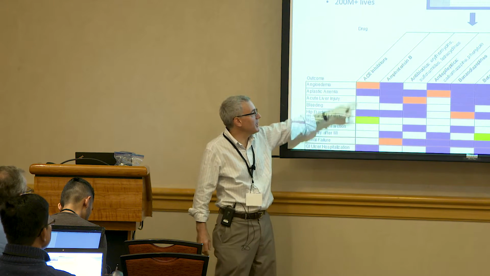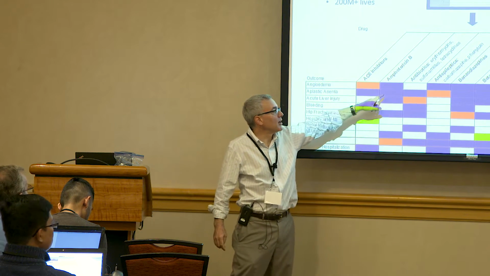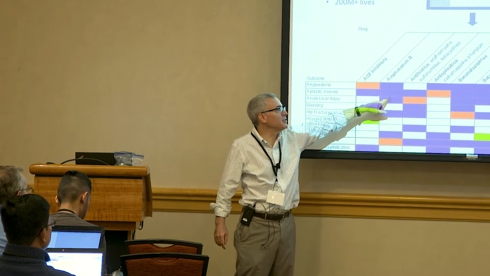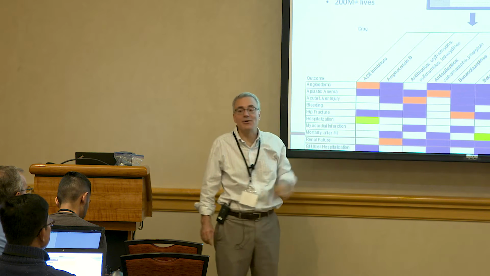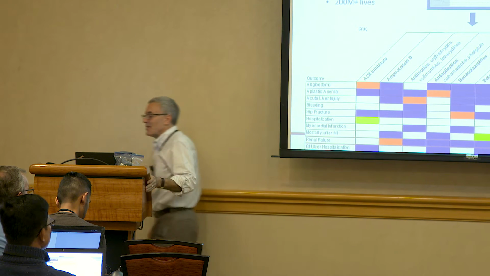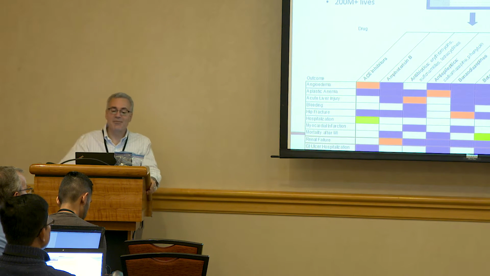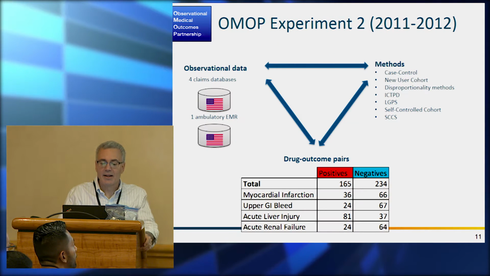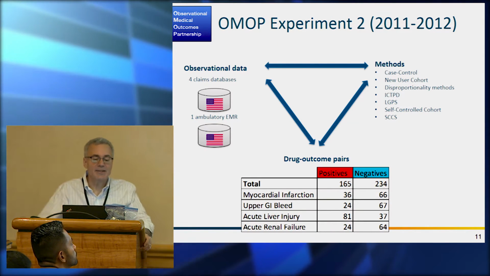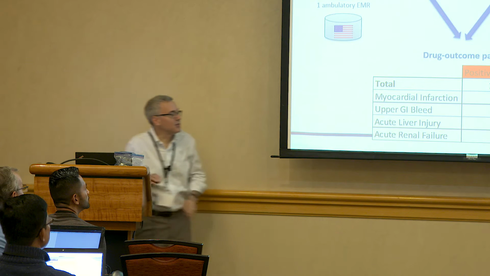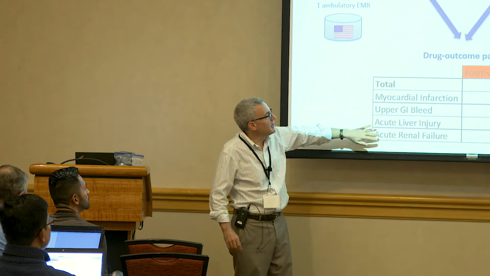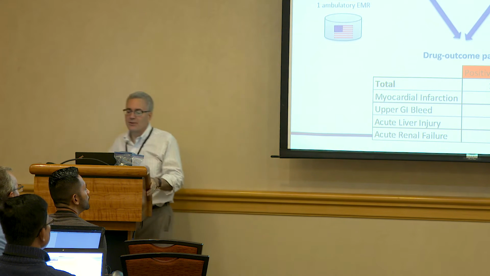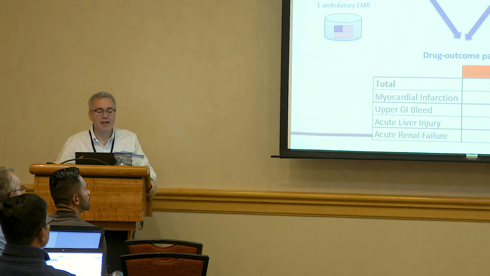Green means it was protective, harmful, or thought to be not an effect. This is no information. Blue means we think it doesn't have an effect. White means we don't know if it has an effect. So against that gold standard they ran a bunch of methods on a bunch of databases. A second experiment followed on, which used fewer outcomes, but a lot more drugs not shown here. I think about 200 drugs were in that gold standard, further checking methods